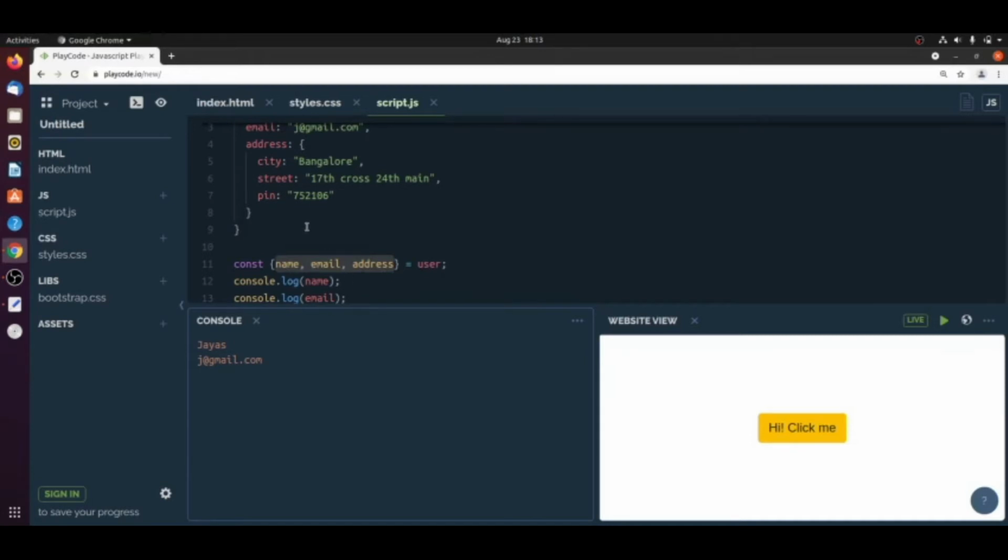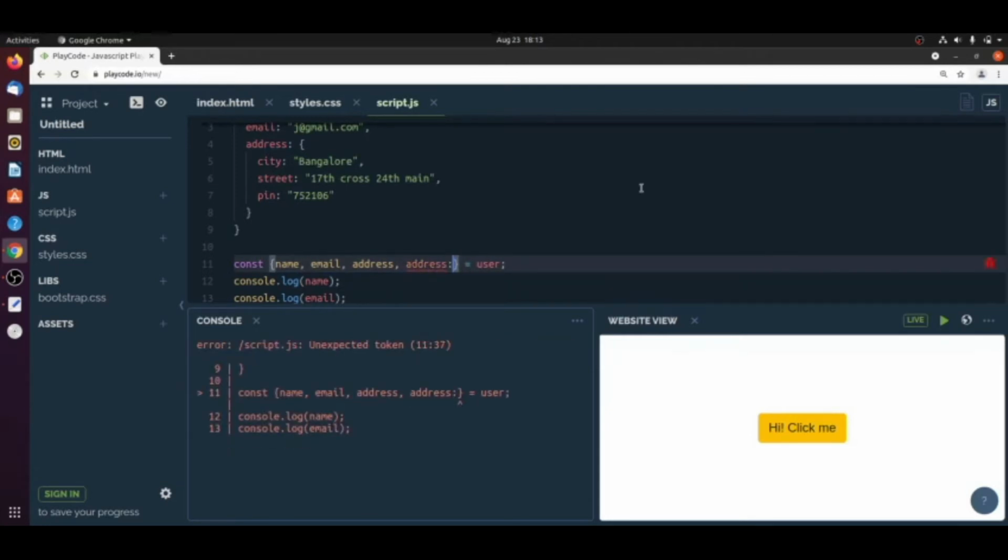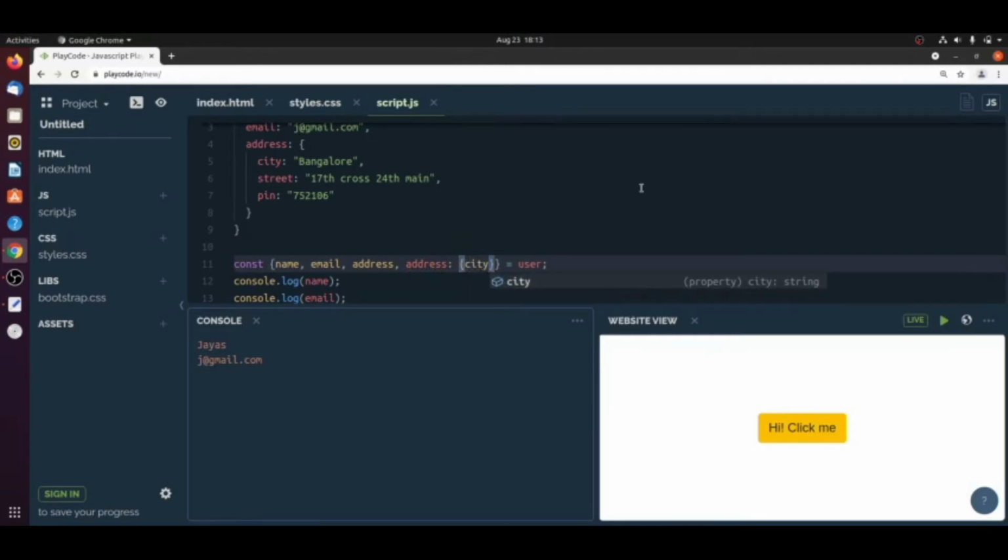Now our aim is how we can display the inner values of this address. For that we can just write address, in the same way city, street, pin.